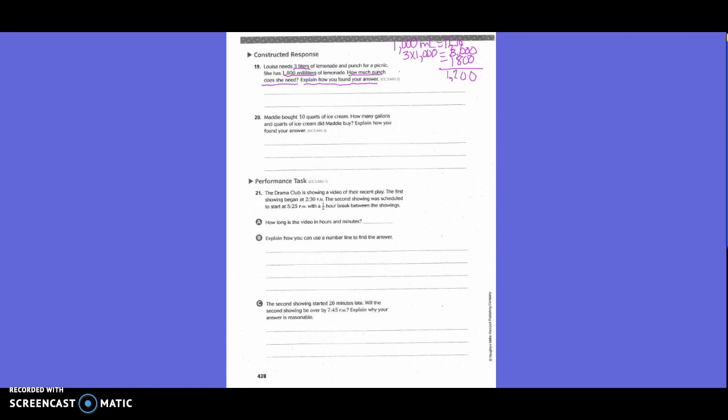So basically I'm going to write, this is going to be 1,200 milliliters because, and then I'm going to explain what I did up in my work, because 1,000 milliliters equals 1 liter. So you would take 3 times 1,000 and get 3,000. Then 3,000 minus 1,800 to get